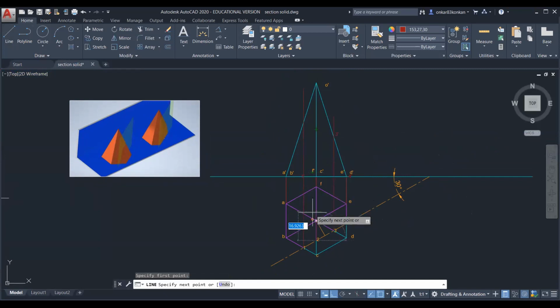Therefore, first project this point 2 on this slant edge, which is OB. Then you can take the horizontal projection and find the intersection on the edge O dash C dash. So let us see how to project this.